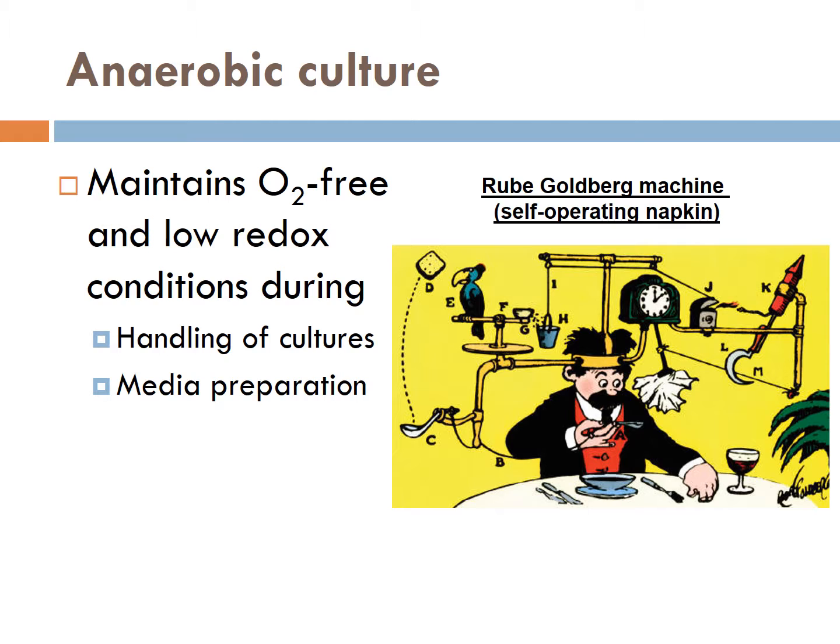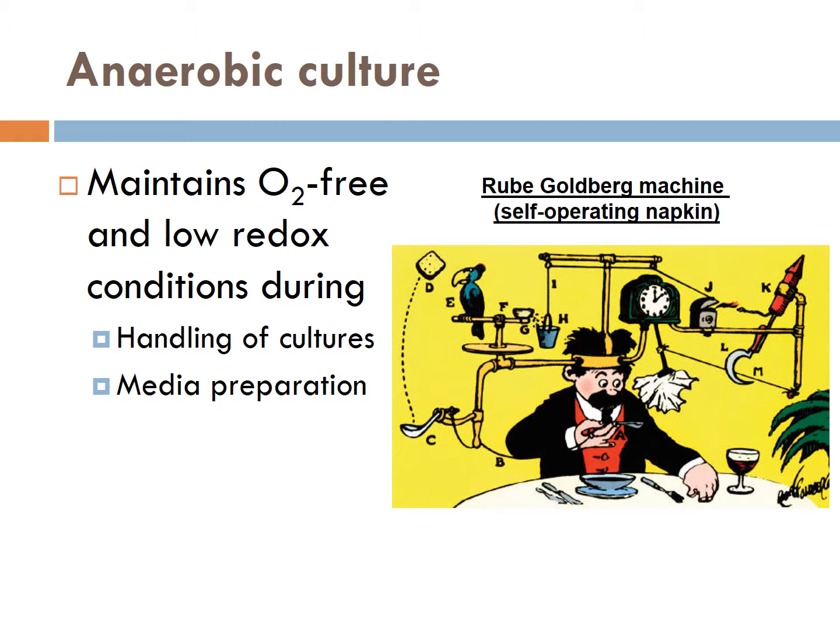complex. It might remind you of a Rube Goldberg machine, as we see on the right. Rube Goldberg was a cartoonist who made a career out of illustrating very complicated machines that accomplished very simple tasks. The example machine on the right shows a self-operating napkin, and if you follow all the steps labeled A through M, you can see how it works. When we discuss equipment used for anaerobic culture, try to keep the larger goal in mind and don't get lost